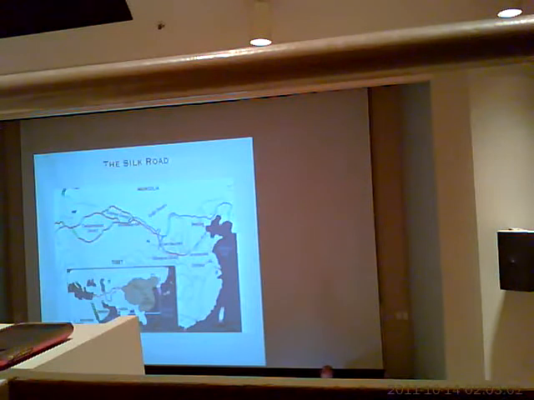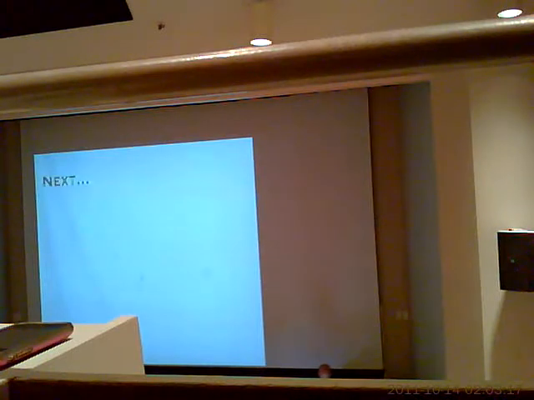And this again was under the reign of Emperor Wu, who was actually not interested in trade. It was for military reasons. He was sending envoys to Central Asia to try and get the nomads that lived in this region to join him and his army to fight against the nomads in the north. So it was more of a military task.